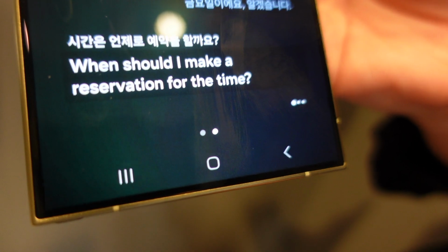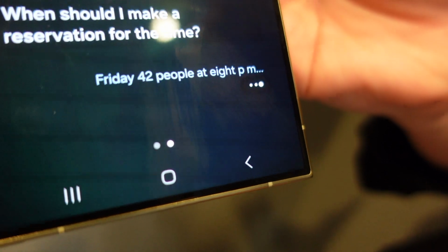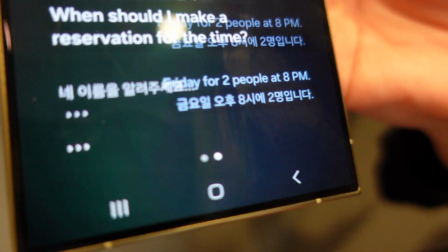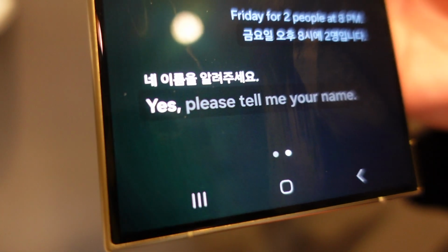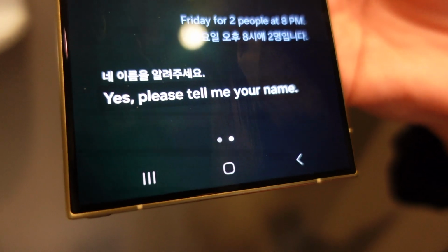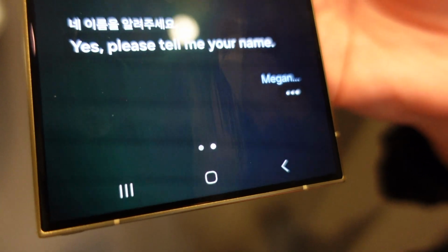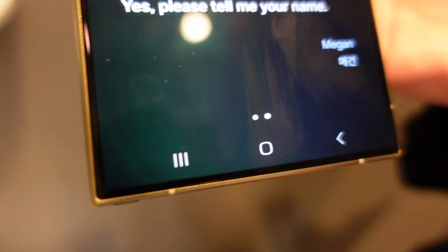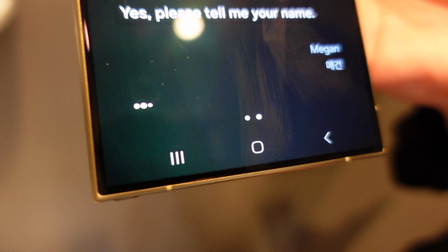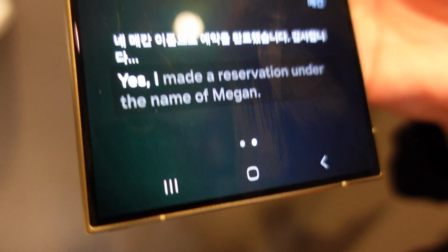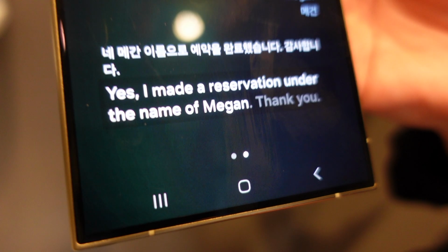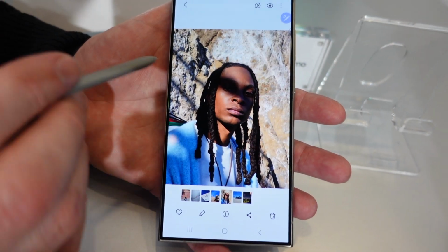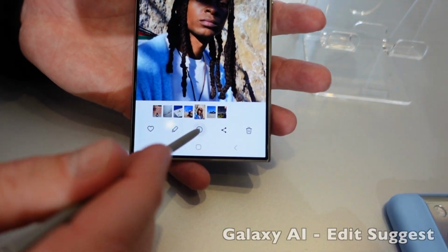Friday for 2 people at 8 p.m. Yes, please tell me your name. Megan? Yes, I made a reservation under the name of Megan. Thank you. Thanks, bye.